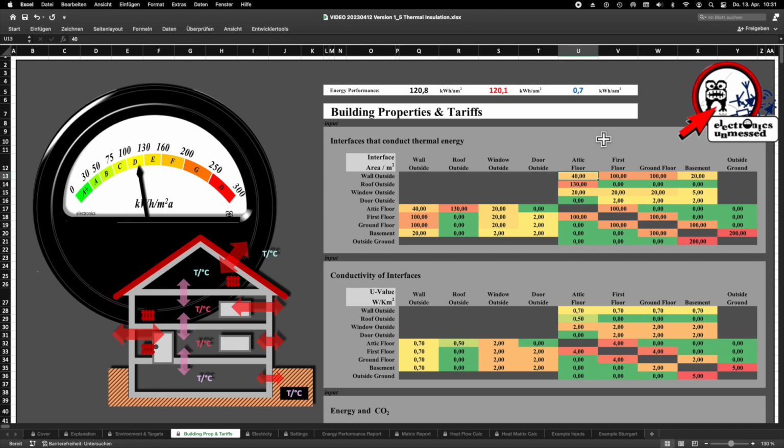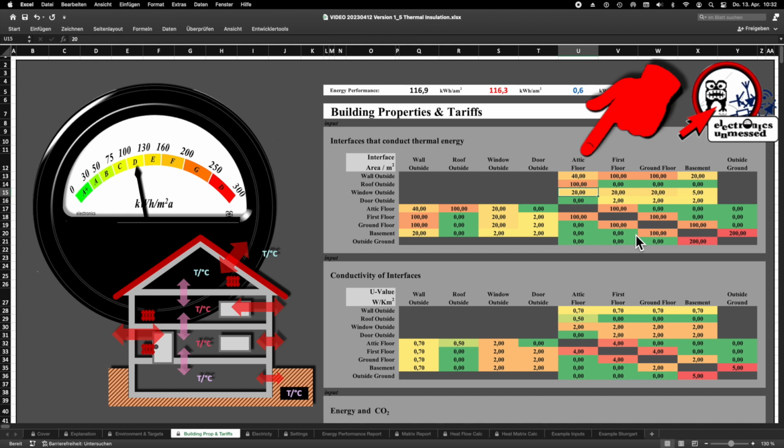If we want to turn our 4-story gable roof house into a flat roof house, then we can easily do it like this. We change the attic floor a bit. First, let's take a look at the areas. Logically, a flat roof has the same area as the living space below, at least as long as the walls are vertical. So we change the roof area right here and enter 100 instead of 130 square meters.